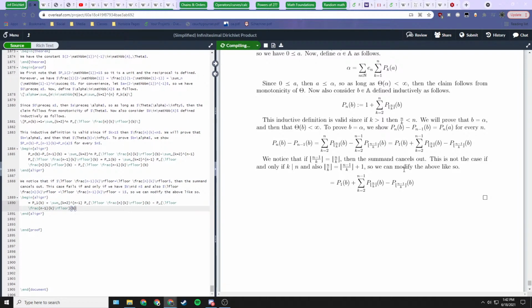Okay, so that lets us modify the summation. So if we have k going from 2 to n minus 1, then actually what we want to say is that, in going from 2 to n minus 1, we can instead say that k is a divisor of n, which is neither 1 nor n itself. So k divides n, but 1 is strictly less than k, which is strictly less than n. And in this context, we have